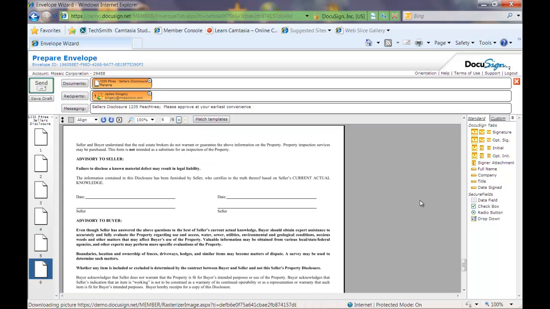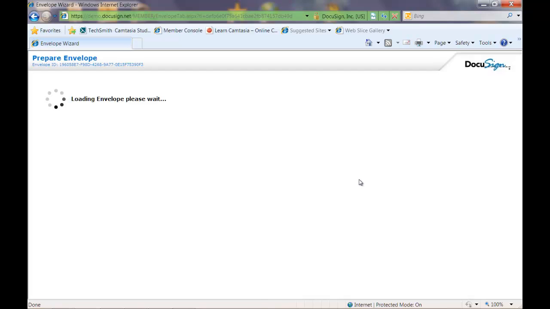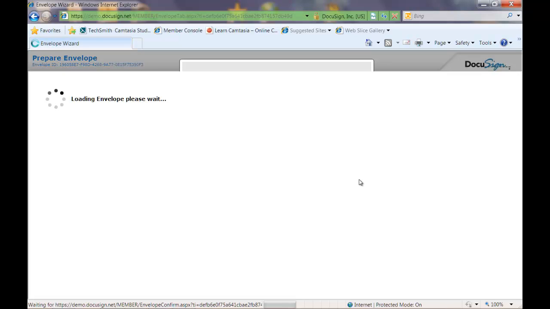This stage of the process, what we're doing is we are looking at the form that we are going to send out for execution. We're looking at the various locations where you need signatures. We're going to keep it simple. One signature on one field, but you could race through the entire document and put initials, dates, signatures for one or more recipients, and have the form or forms executed by one or more parties as needed to have a